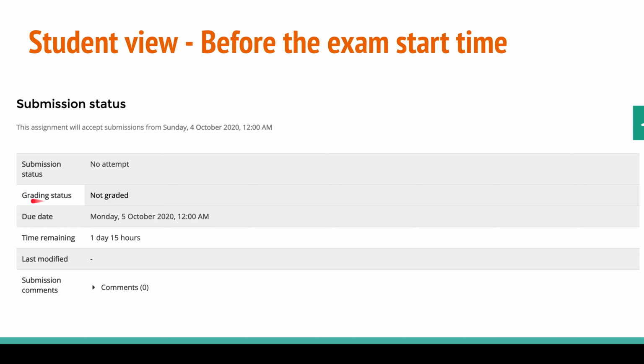Grading is nothing but marks, correction by the teacher. Due date, before this time the student must submit his answers. Time remaining, from now he has 1 day and 15 hours to finish his exam. So these options are displayed like this to the student.